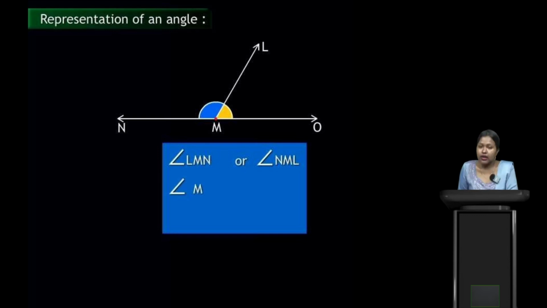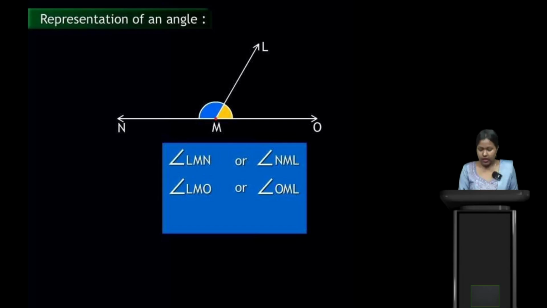So here again we can't say angle M. How will we represent this yellow one? How are we going to represent the yellow angle? Can you simply say angle M? Yes, very good. You can't say simply angle M, right? So we have to tell the full name. What would be the name? We can represent it as LMO, or OML, because M is the vertex, lying in the middle, and the 2 sides, 2 rays, are ML